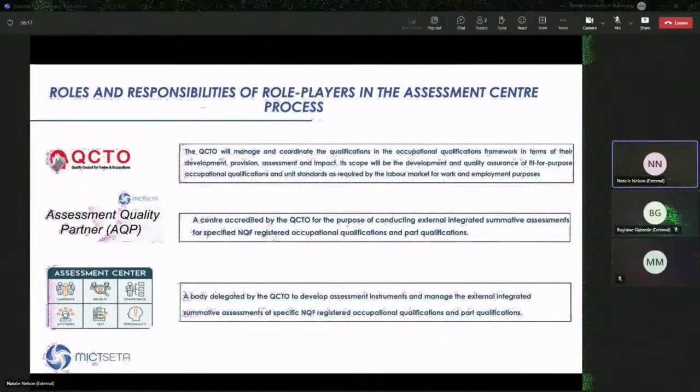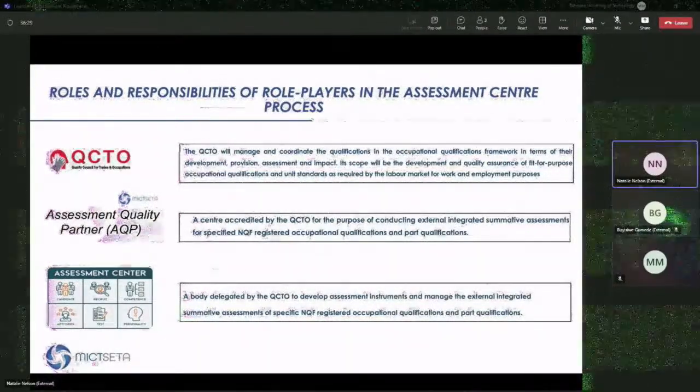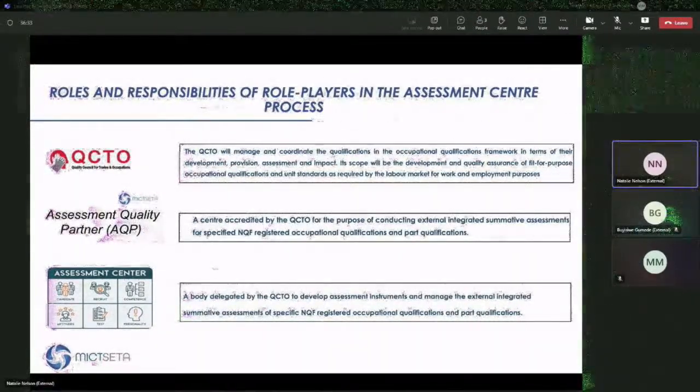Our role is also to allocate the subject matter experts for each assessment that will be conducted. This is to ensure that there's no conflict of interest in the process of assessment, because you could be a skills development provider and seeking also to become an ESA center, which you do become. You would need to have your own cohort of learners assessed at the end of the process.